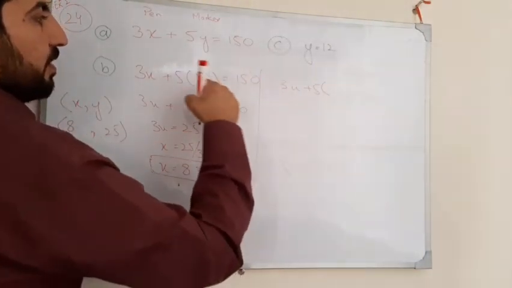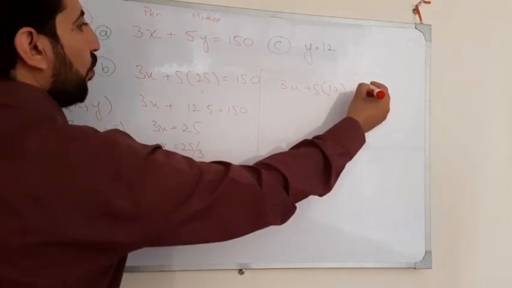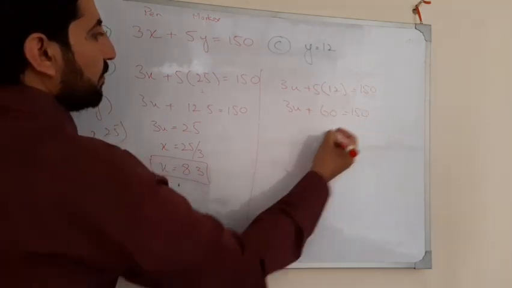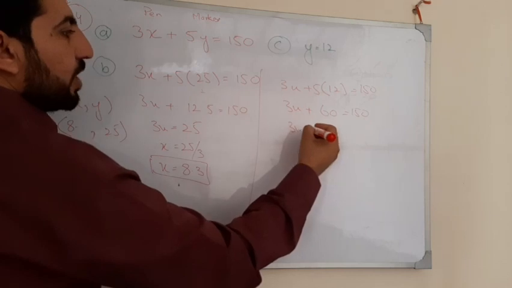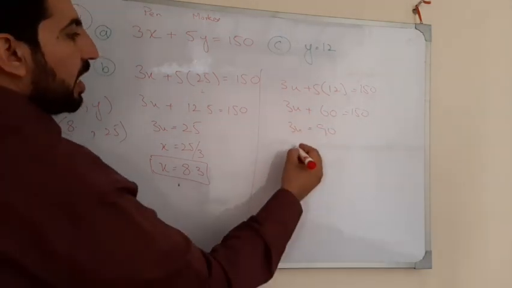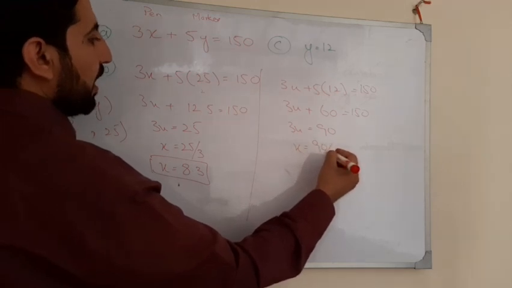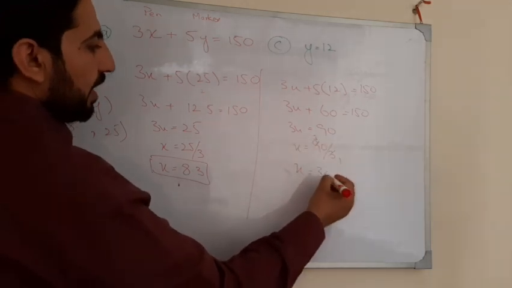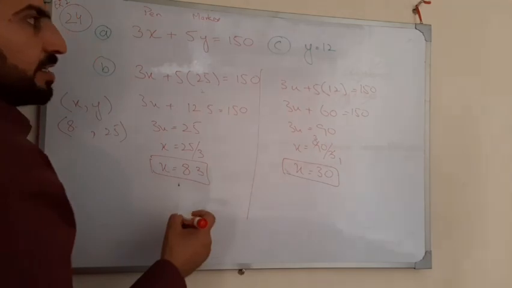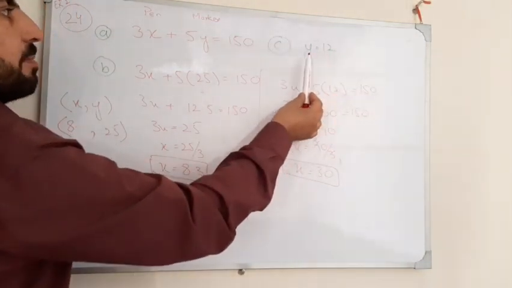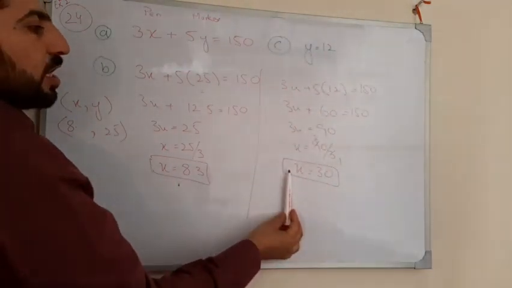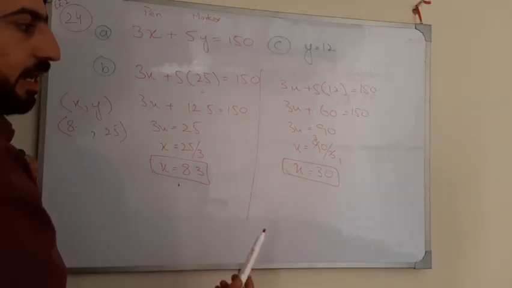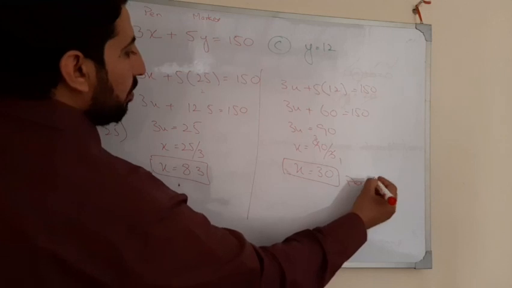3x प्लस 5, अब 25 की जगह 12 आ गया, 150 हो जाएगा। 5 12 जा 60, 3x प्लस 60 बराबर 150। ये 60 उस तरफ जाके माइनस हो जाएगा, तो 90 रह जाएगा। x इज इक्वल टू 90 डिवाइडेड बाय 3। 3 1 जा 3, 3 3 जा 9, तो x के 30 यूनिट्स आ गए। अगर वो y के यानी मार्कर के 12 यूनिट्स बनाता है तो साथ ही में 150 घंटे में वो x के 30 यूनिट्स बनाता है।